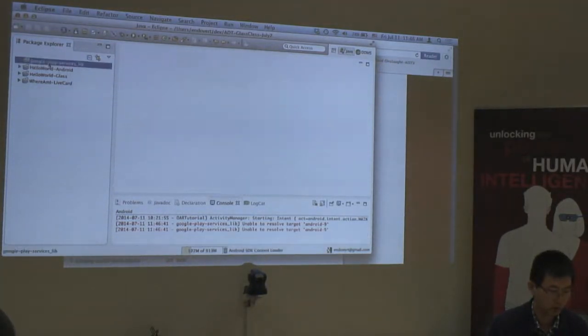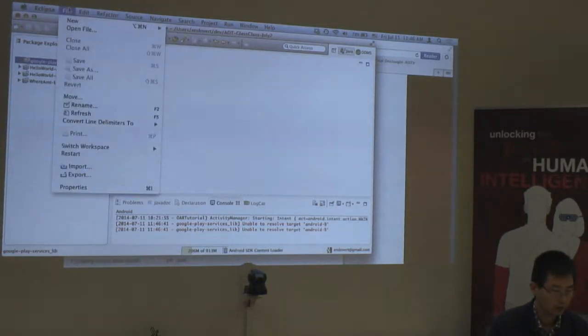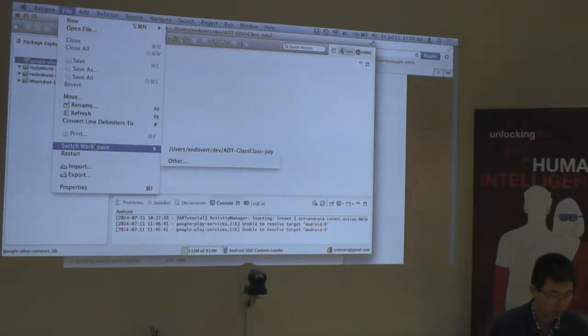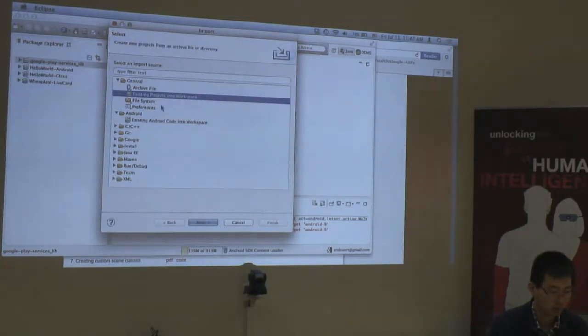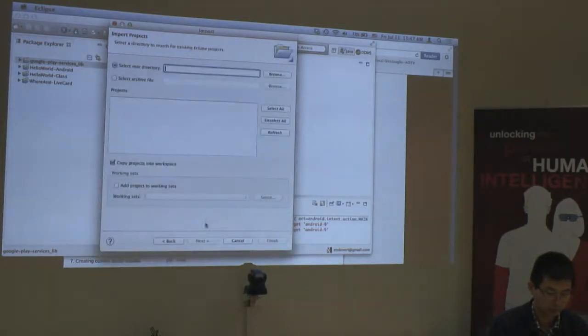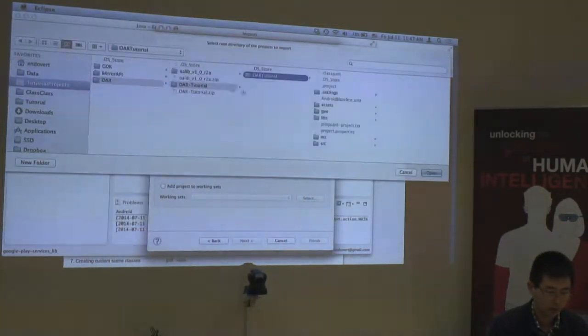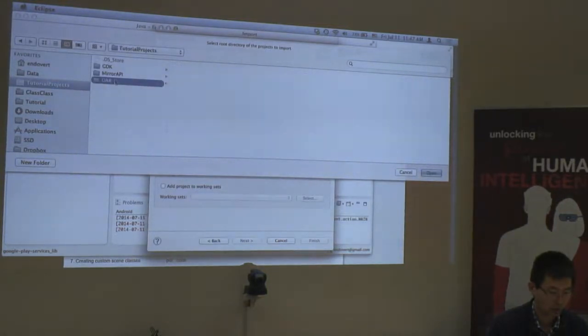So I now have this library project. And that's pretty much it, what you will need. And then if you click again, and now we will import our outdoor air library. So if you import, this time, since it's an Eclipse project, you can import it from general existing project into workspace. And then choose the project that I've put on the